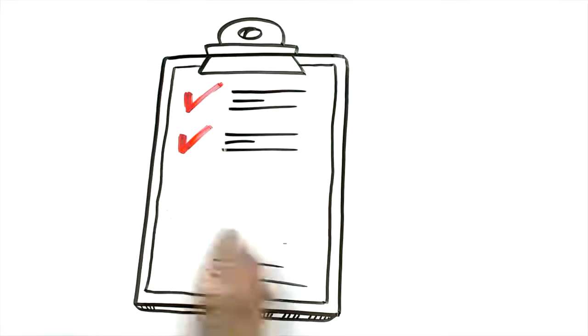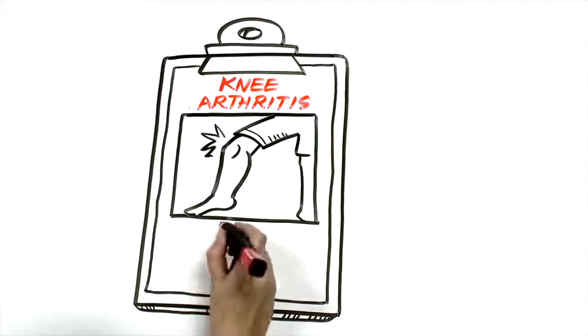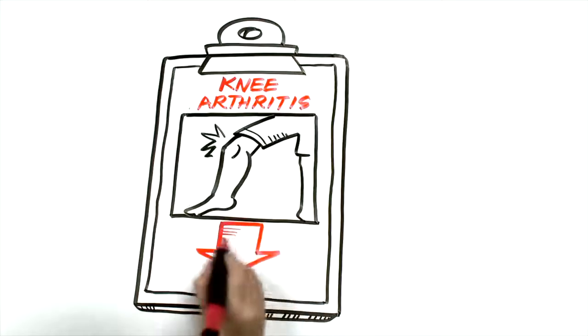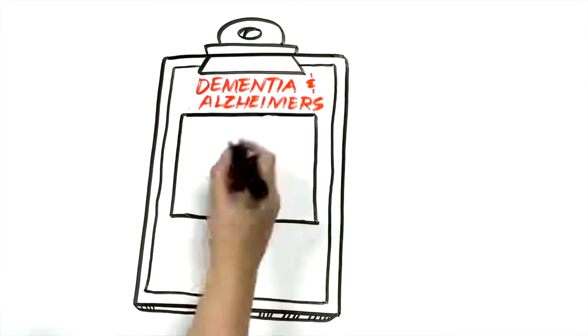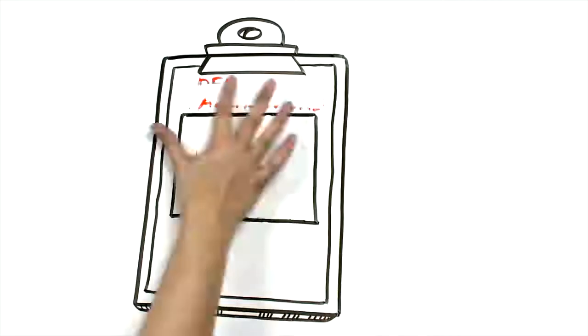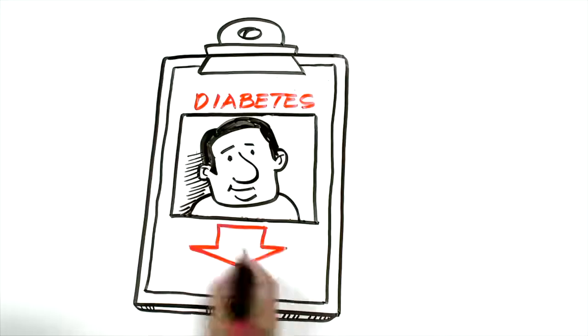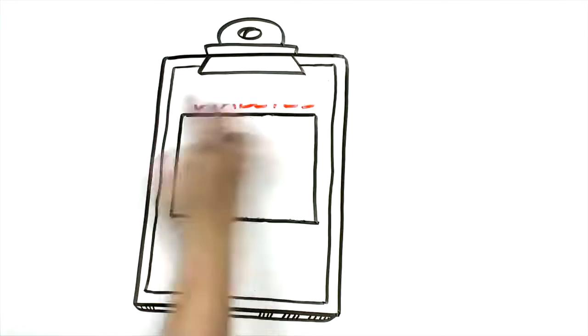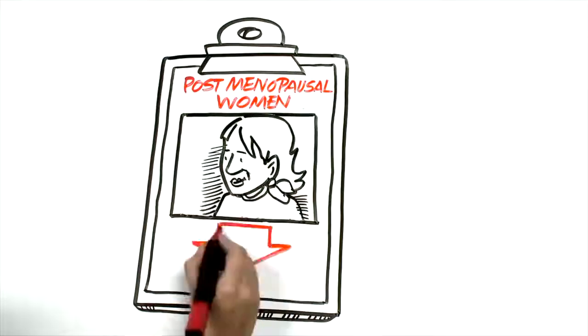So this intervention in patients with knee arthritis who receive 1 hour of treatment 3 times a week reduced their rates of pain and disability by 47%. In older patients, it reduced progression to dementia and Alzheimer's by around 50%. For patients at high risk of diabetes and coupled with other lifestyle interventions, it reduced progression to frank diabetes by 58%. Postmenopausal women who had 4 hours a week of the treatment had a 41% reduction in the risk of